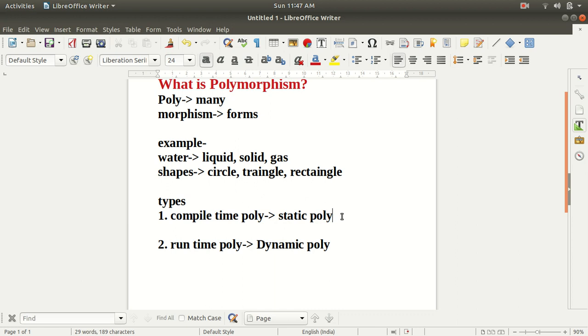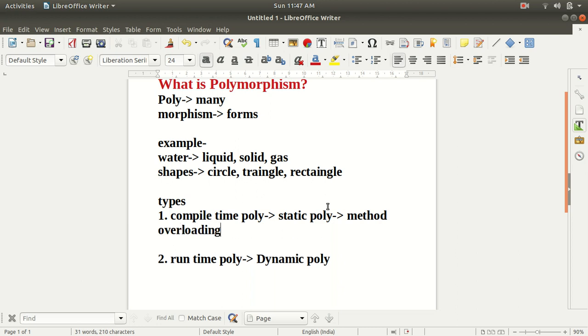Clear? Now the important thing to understand in polymorphism is how to achieve compile time and runtime polymorphism. To achieve compile time polymorphism in Java, we can do this by method overloading. With the help of method overloading, we can achieve compile time or static polymorphism.